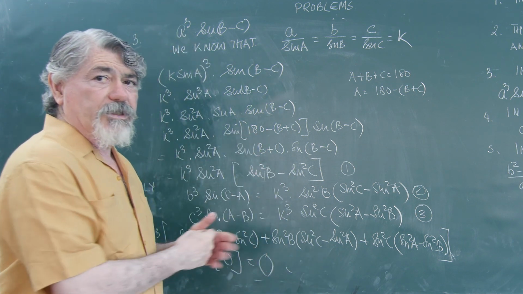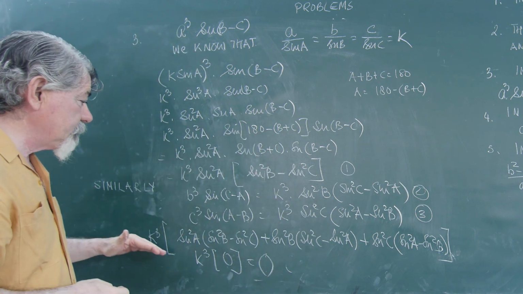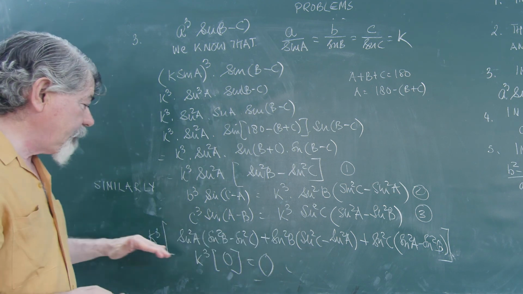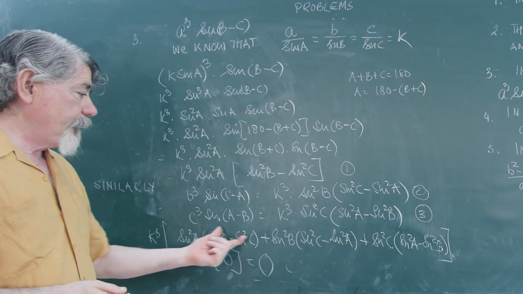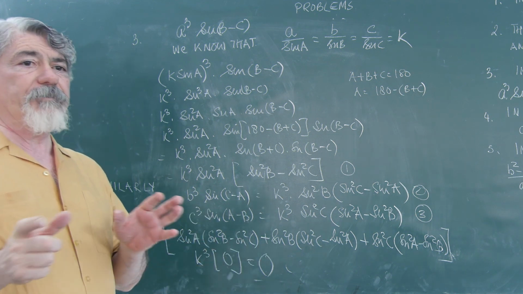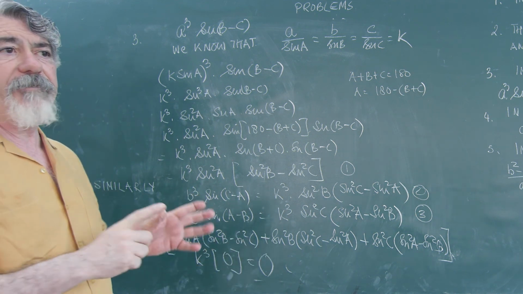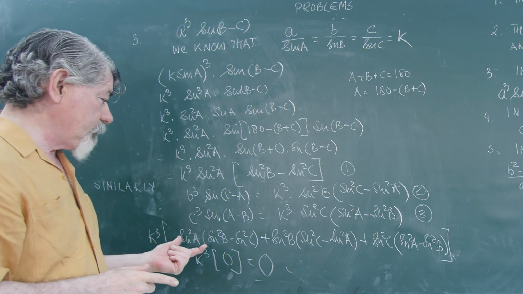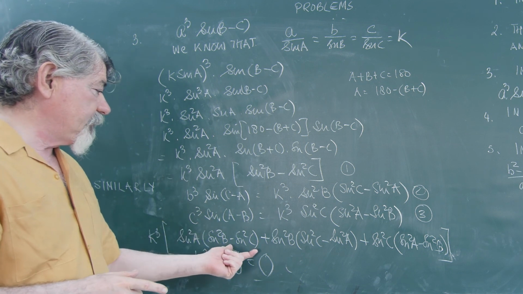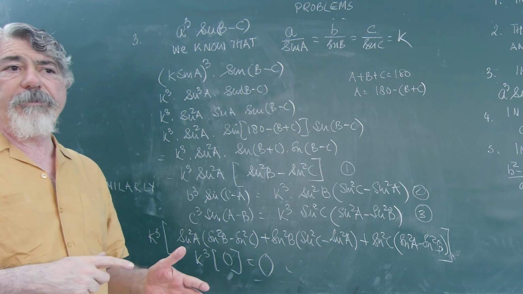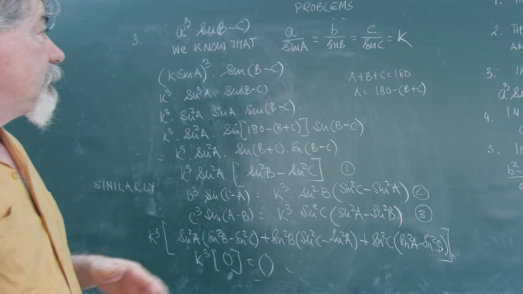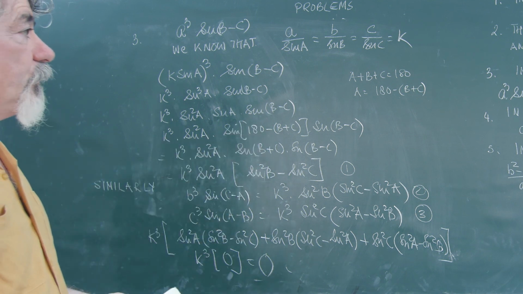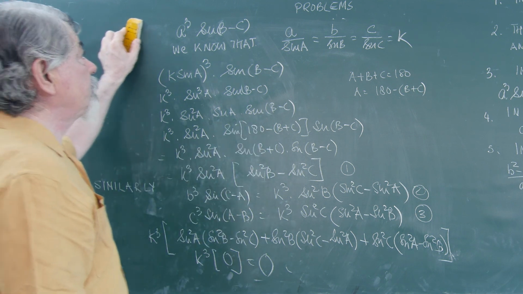Then we added all the three terms. When we added all the three terms, inside the bracket, leaving k cube, everything cancelled out. I told you, you will open out, one term will be plus, the negative term of the same will be there. So there are 6 terms, 3 will be positive and 3 will be negative with the same. So you will be able to cancel that, and you get finally 0 as the answer. Let us see the fourth question.